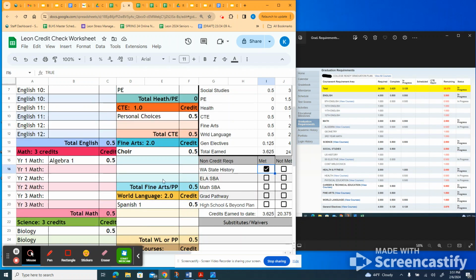If you have any questions about credit check or the credits that you've earned or where they count, please come see